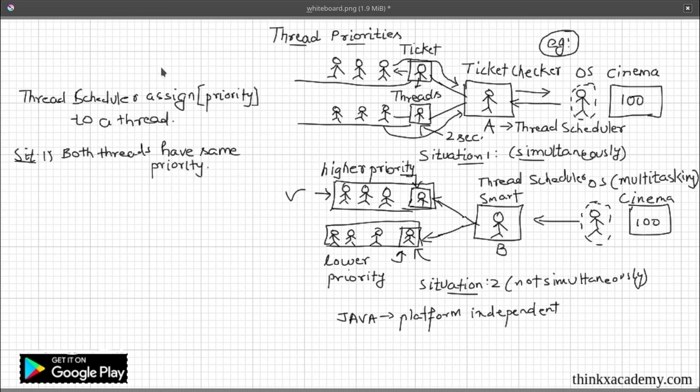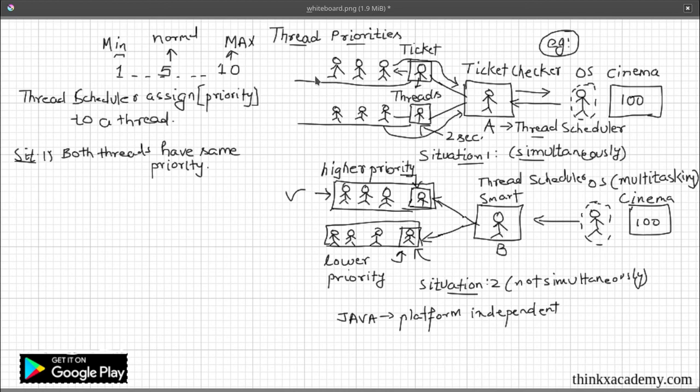A priority has a range from 1 to 10. 10 means a maximum priority, 1 is the minimum or lowest priority, and 5 is a normal priority. So let's suppose in situation 1, where the two threads were running at the same time, the thread scheduler will assign both these threads the same